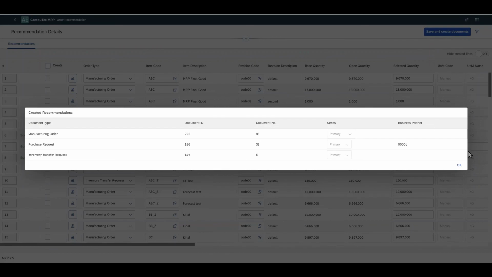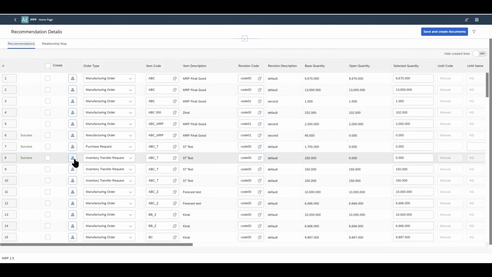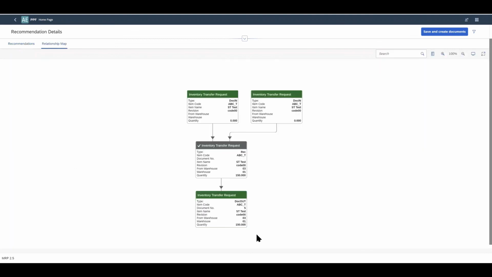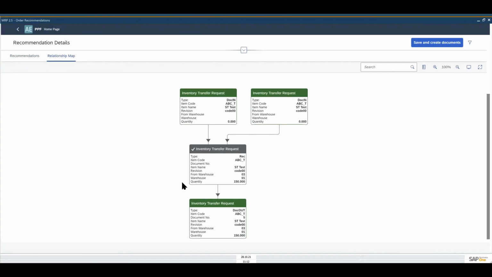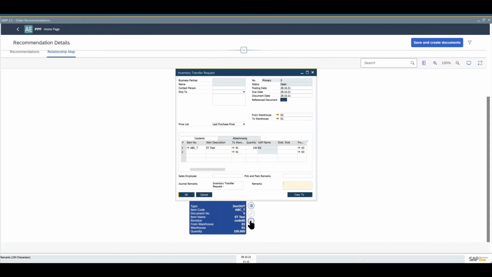Once we've done that, you'll see that the open quantity is now 0 and that there is a note in the second column that this document has been created successfully. You can also check the relationships map again from here by clicking on the same icon as before. Items that are still recommendations, they're again here in grey. We can see the actual documents in colour, and this inventory transfer request here was one of those documents that we created just a moment ago. So those are the main features of Mrp 2.5 Phase 1,